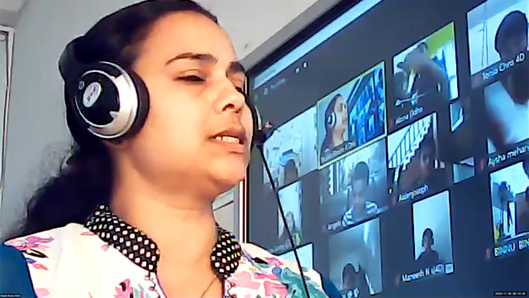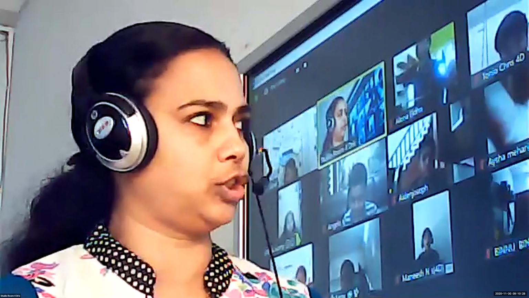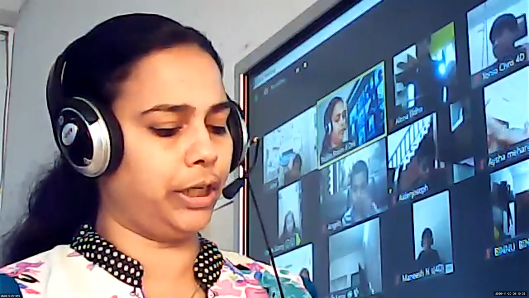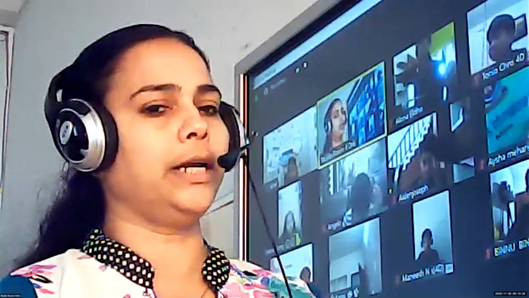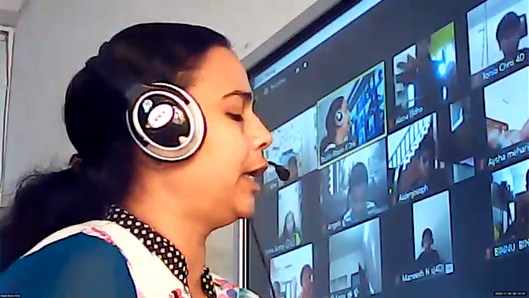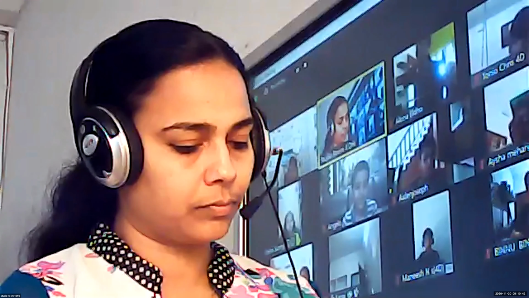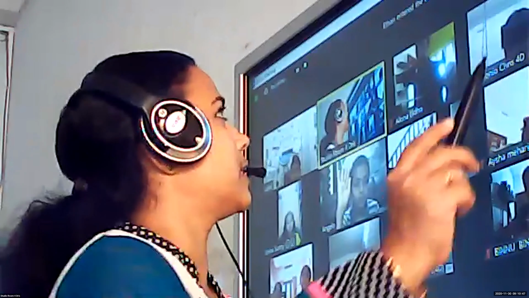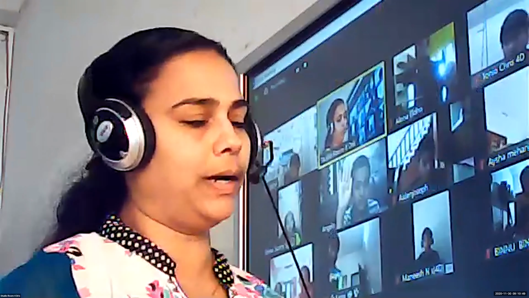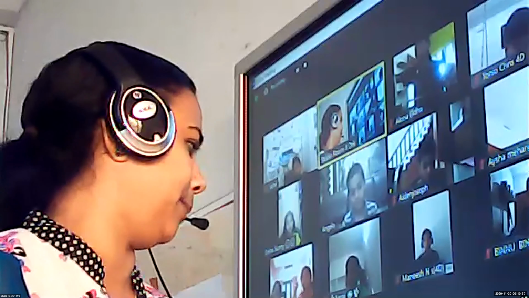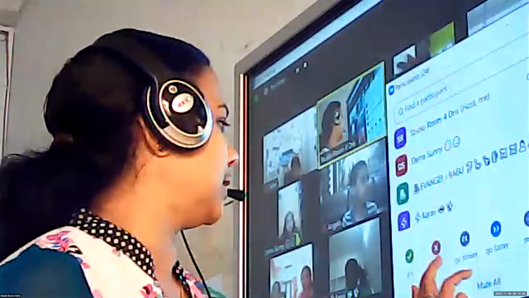We discussed in the last class, using the fraction bar, or the rectangles we shaded, and we found out. Also, I showed you the cross multiplication method. Do you remember who ate less? Between 2 by 3 and 1 by 4, which is less? 1 by 4. Okay, so children, we are going to write that now. 1 by 4 is smaller. We discussed that in the last class.